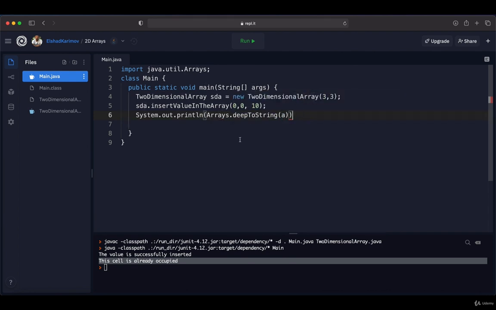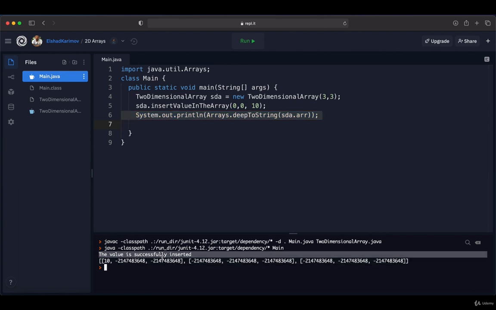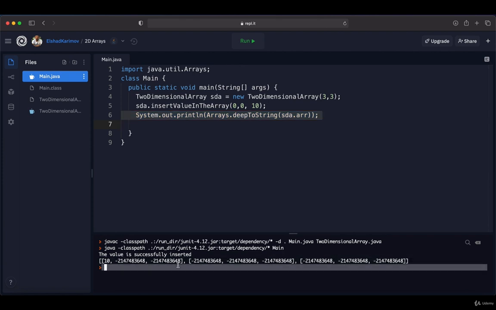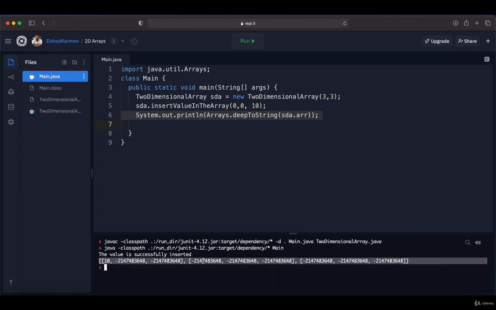As we said before, this method is useful for printing out a multi-dimensional array to the console. If I run our code one more time, you see that after the message, it's going to print out this two-dimensional array to the console, in which we have 3 columns and 3 rows.